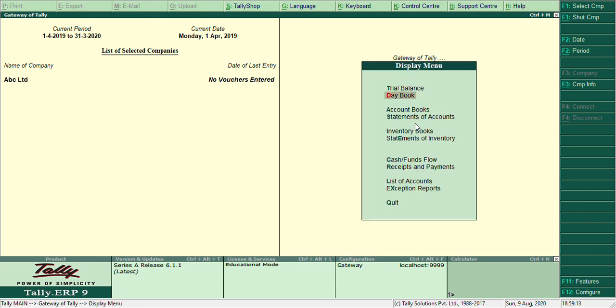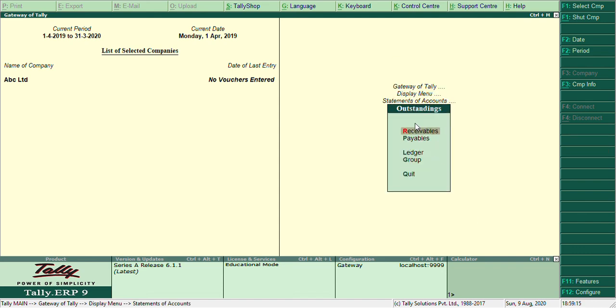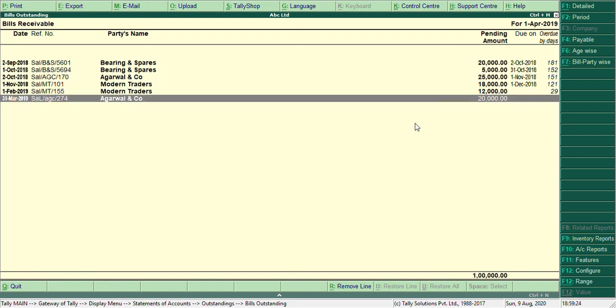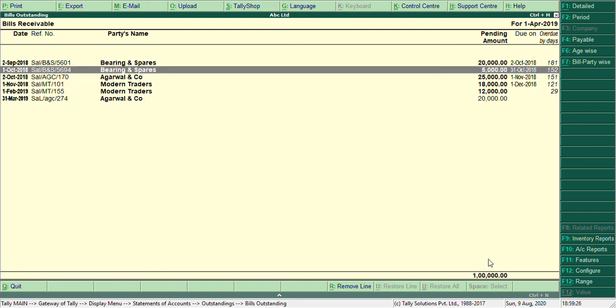Go to display. Go to statement of accounts. Outstandings. You can see receivables and payables. What are receivables? They are from your sundry debtors. So total receivables are 1 lakh. These are their pending bills.